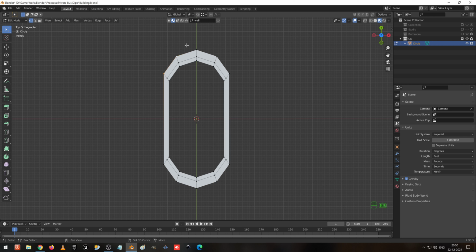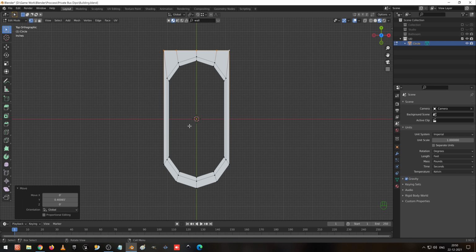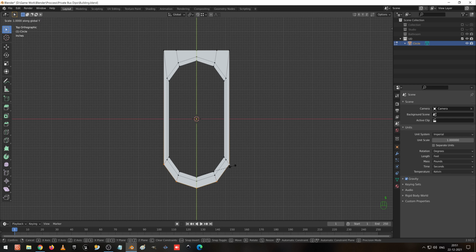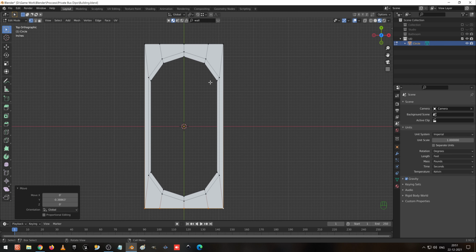Then select these five vertices, press S to scale, align it in the Y axis, press 0 to make it align straight, and press G Y to move towards like this. And the same way I am going to do it here for this bottom part. Press scale Y 0, enter, and G Y to move like this. So we have aligned as per requirement. Here is the basic shape we have done.